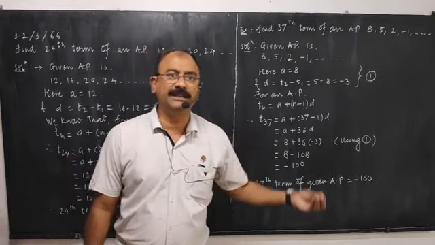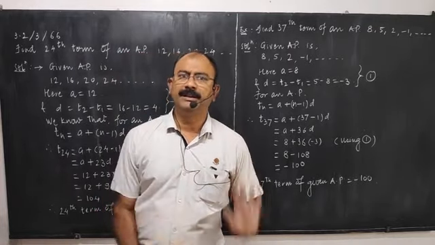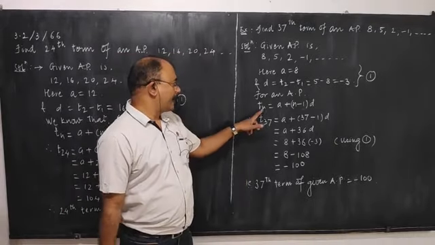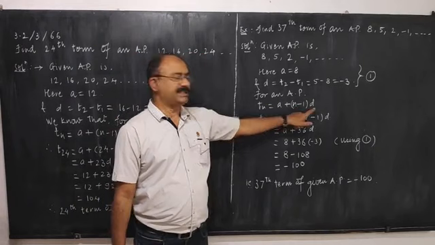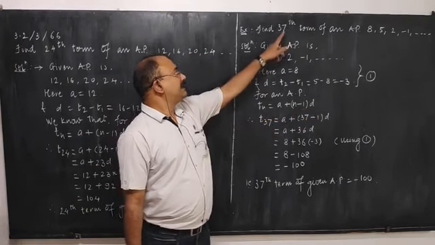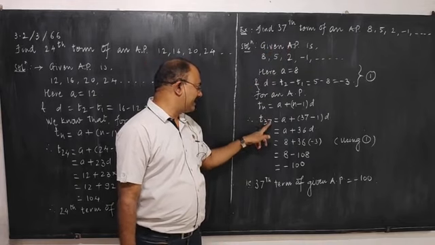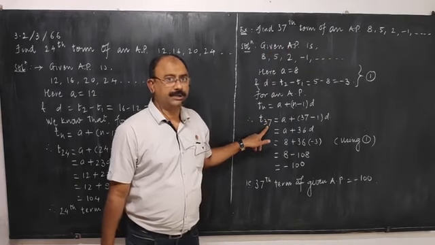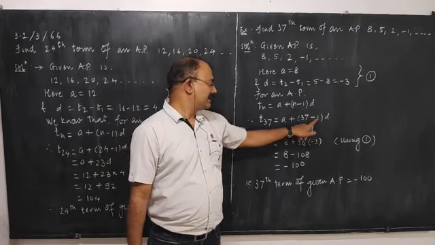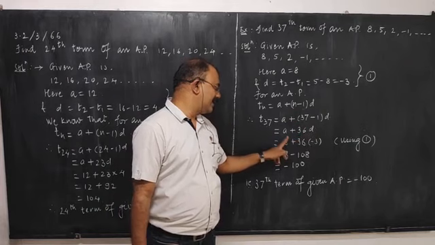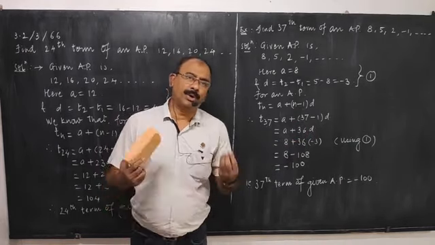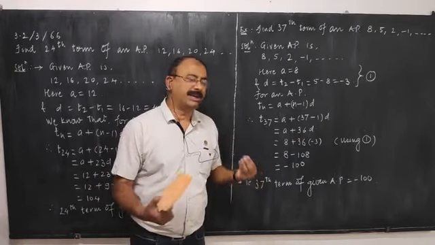When it is said that the given sequence is an AP, everywhere the difference has to be common, obviously by the definition. Now for an AP, Tn is equal to a plus n minus 1 into d, but we want to find out the 37th term, that is T37. That means in place of n you have to put 37. So on the right hand side also, in place of n we will put 37. 37 minus 1, that is 36d. So a plus 36d.